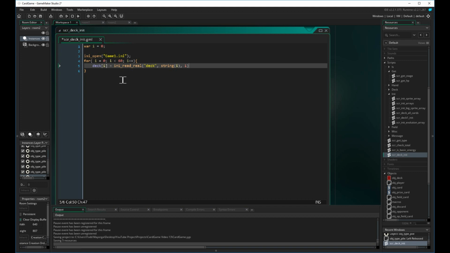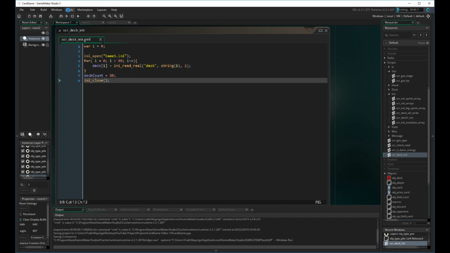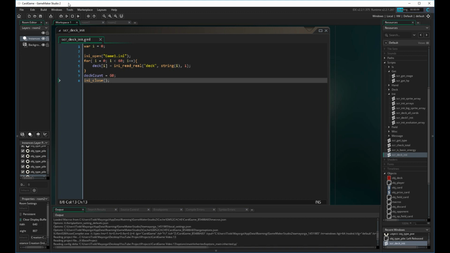file wasn't read properly. And then we know there's going to be 60 cards in the deck, so we're just going to set our deck count equal to 0, and then we're going to close the ini file. So now that we have that, when we load the game,